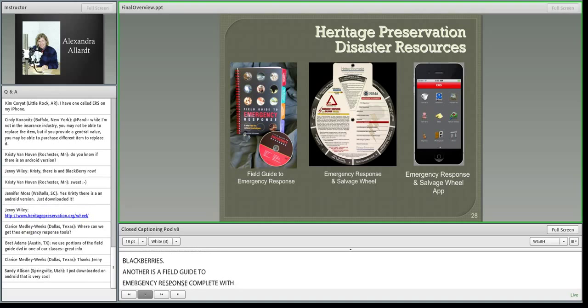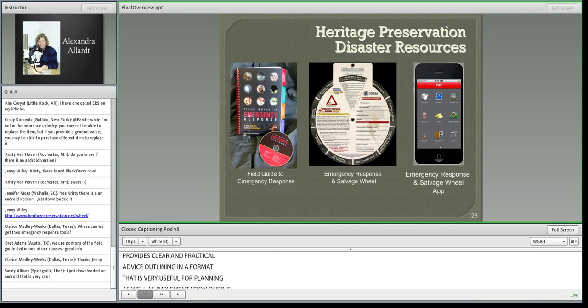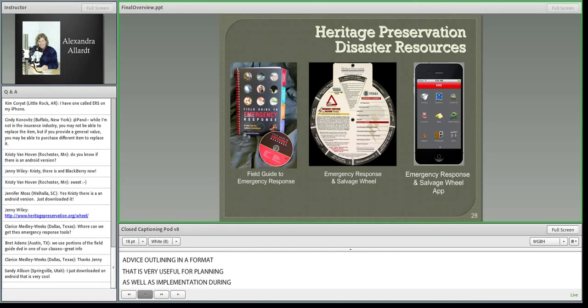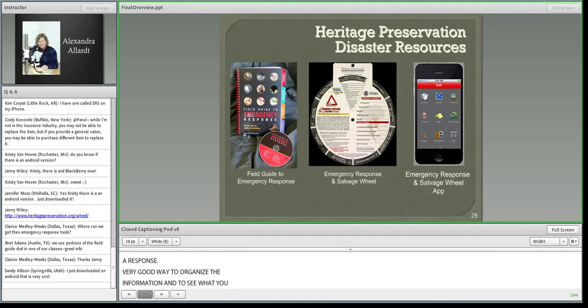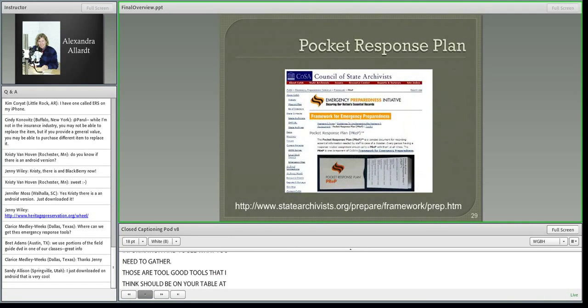It's a very good way to organize the information and to see what you really need to gather. So those are two really good tools that I think should be on your table, at least for the planning team to look at to see what they like and what they don't like. Now, my personal favorite when it comes to making a disaster plan or a response plan is this free online